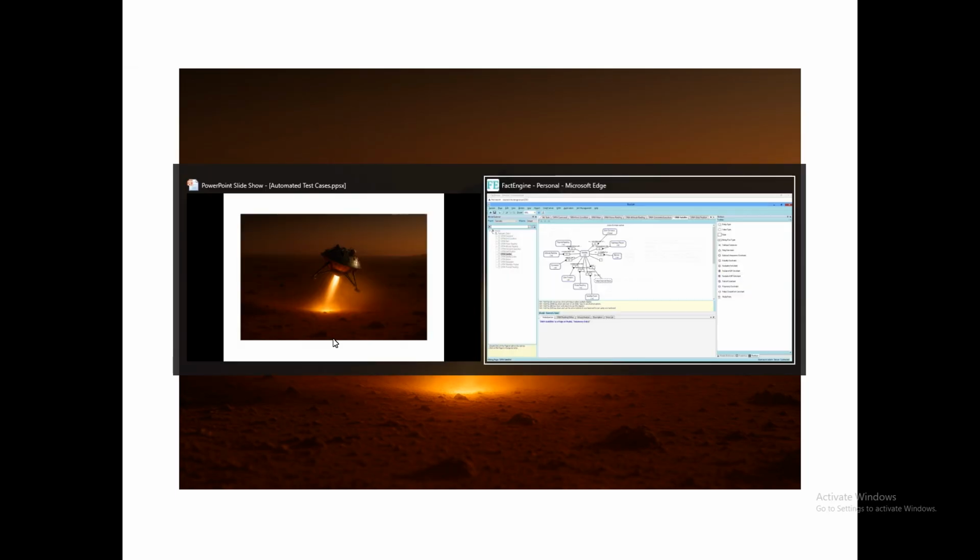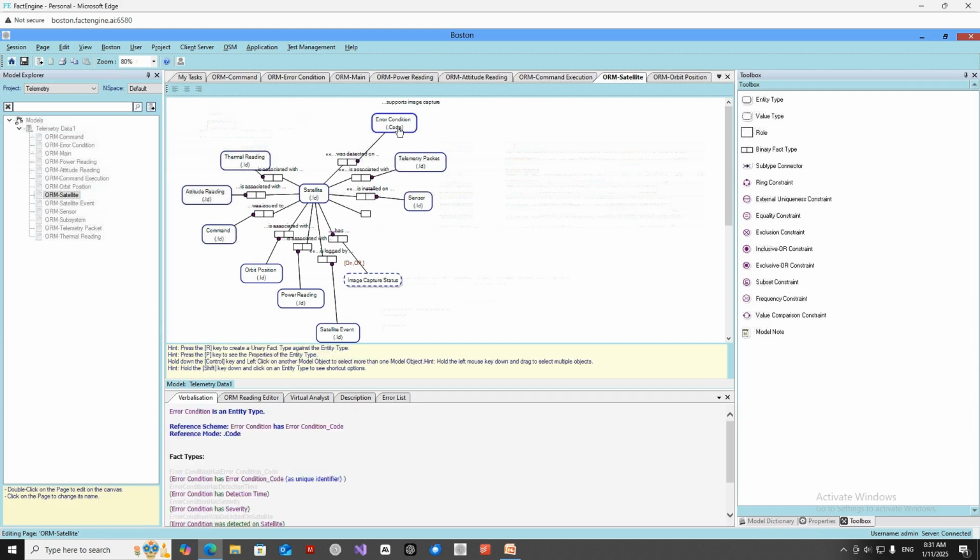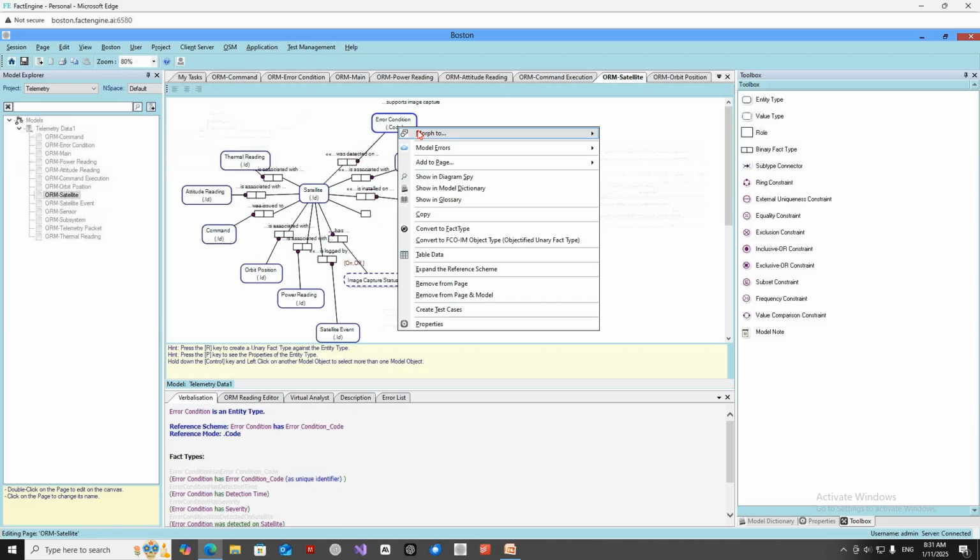So let's have a look at the conceptual model for a telemetry system for a satellite, and we're looking at an object role model for a telemetry system where we've got a satellite that has thermal readings, attitude readings, commands, an orbit position, power readings, events that happen, different sensors that are on the satellite, telemetry packets and error conditions. I want to focus on error condition for this example, so we're just going to morph to the error condition